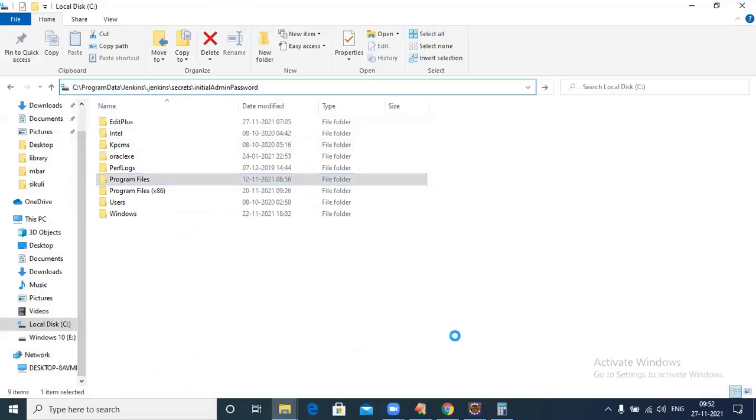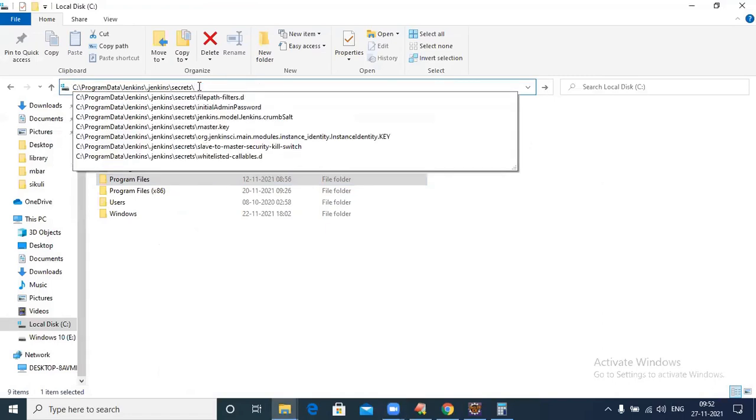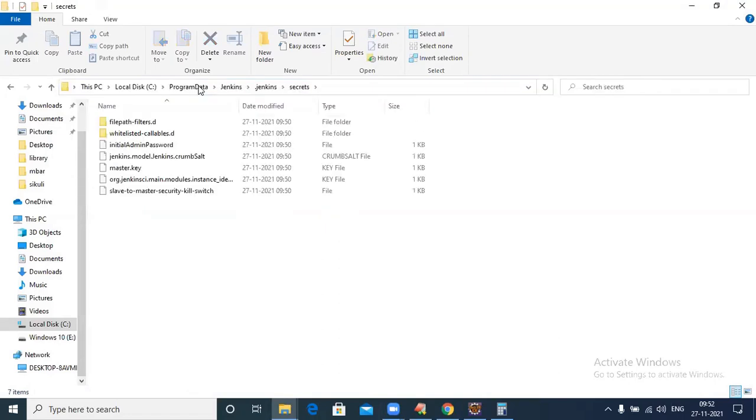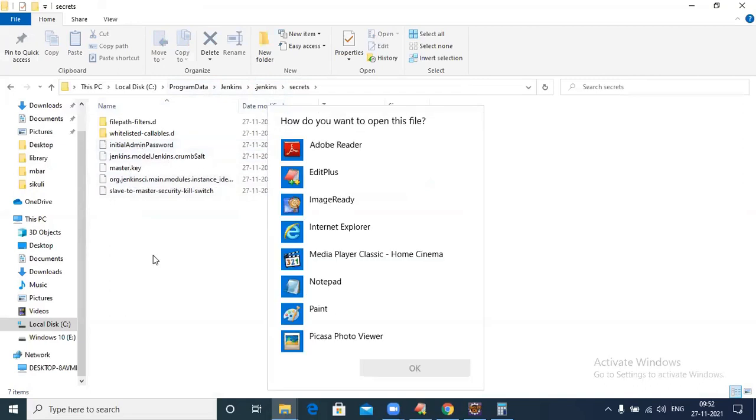See, ProgramData, Jenkins, very good. Initial admin password.